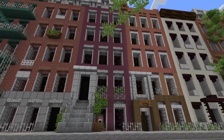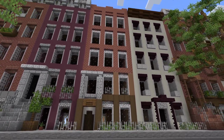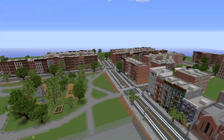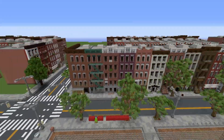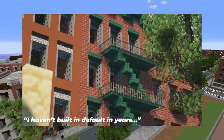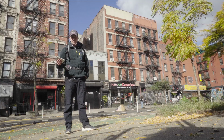In my last East Village video, I was working on this street, but I did a little bit of building off camera and I built New York. I just want to give you a bit of an update on this project, how it's going. If you haven't watched the last video, this is for an upcoming video where I traveled to New York this